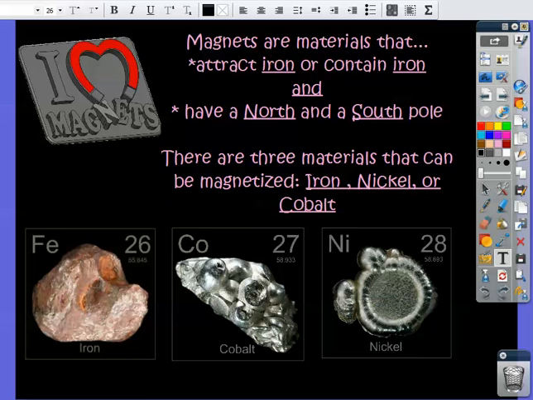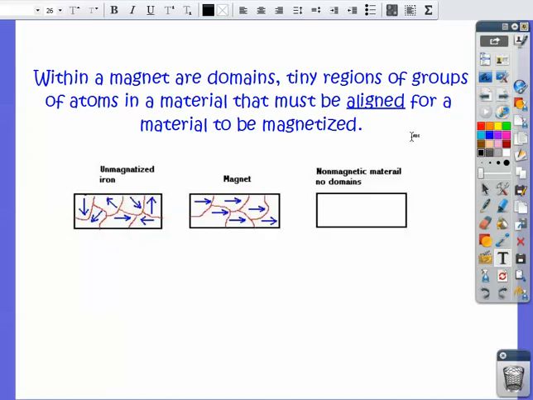There's 3 materials that we need to know about that can be made into magnets. They're iron, cobalt, and nickel. Elements number 26, 27, and 28 on the periodic table of elements. Now, I'll be talking a lot about iron, but the same really applies to cobalt and nickel in terms of creating magnets. So if we wanted to take a lump of iron and turn it into a magnet, there's something we need to